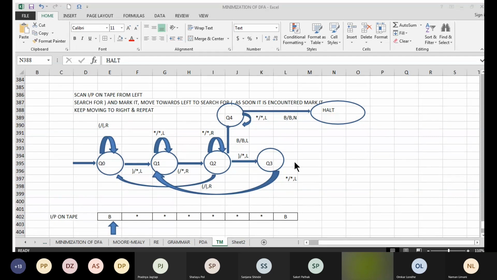Take a minute, go through this diagram. In case you have doubt, the mics are provided. Let me share